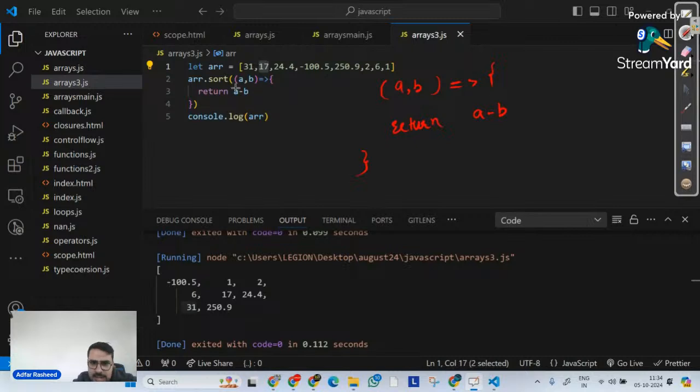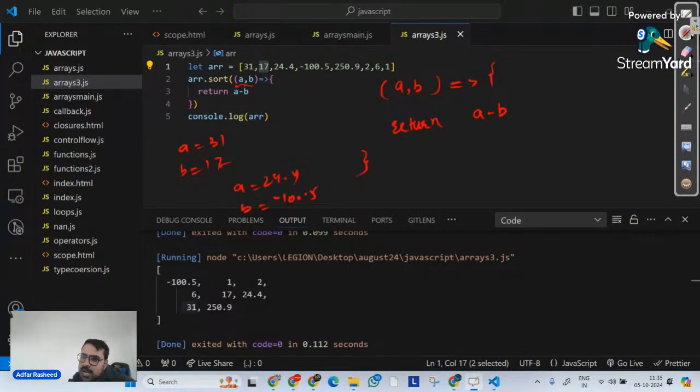JavaScript will simply take any two random values for a comma b. Like in one case it will make a equal to 31, b equal to 17. In the second iteration, maybe it will make a equal to 24.4, b equal to -100.5. And it takes these a comma b until the array is properly sorted. But how does it sort?